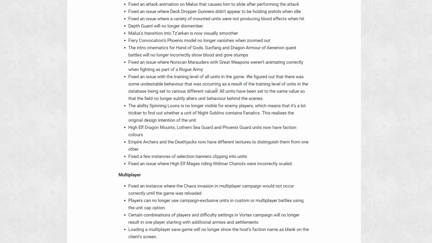Fix an issue with the training level of all units in the game. We figured out there was some undesirable behaviour that was occurring as a result of the training level of units in the database being set to various different values. All units have been set to the same value, so that the field no longer subtly alters unit behaviour behind the scenes. Interesting. The ability Spinning Loons is no longer visible for enemy players, which means that...